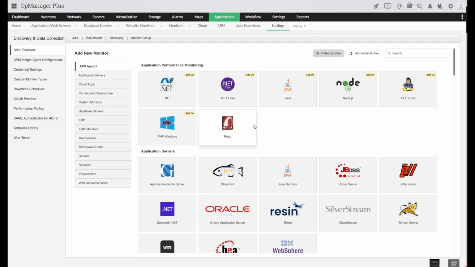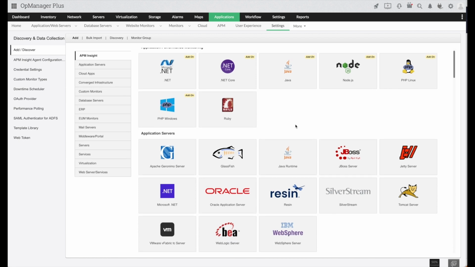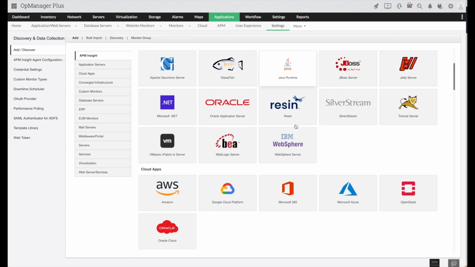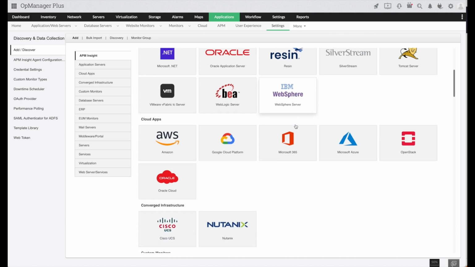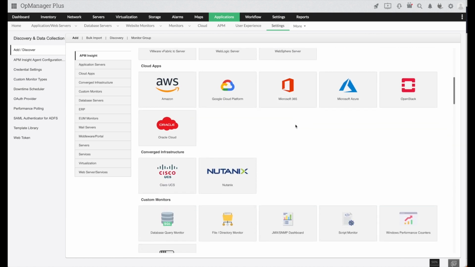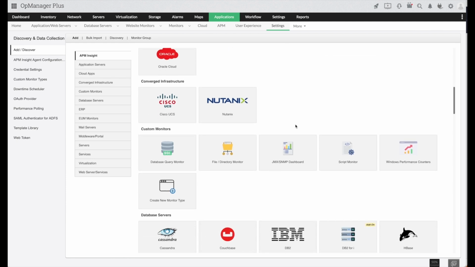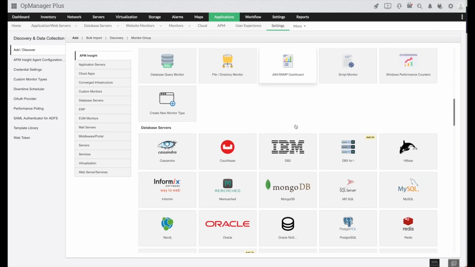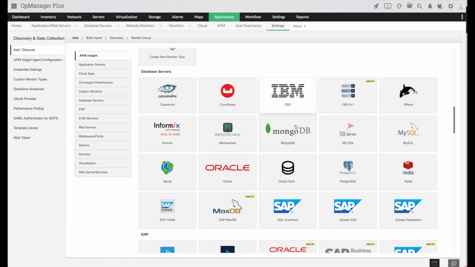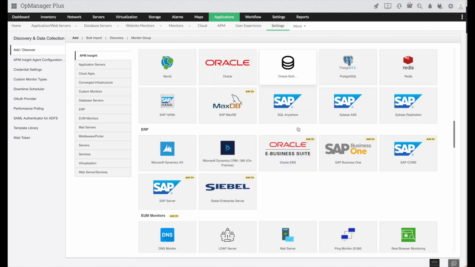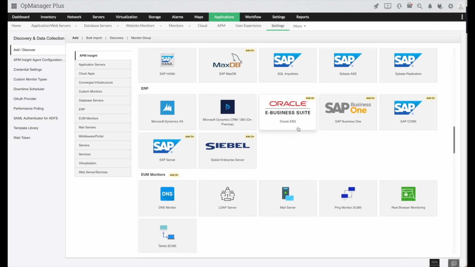So Applications Manager plugin can help you to monitor your applications like .NET, Java, Node.js, PHP applications, or application servers like your Glassfish, Tomcat servers, Oracle servers, WebLogic servers, your cloud applications like your Amazon, Google Cloud, Azure platforms, your converged infrastructure like your Nutanix, and you can also monitor your database servers starting from your Cassandra, MS SQL, MySQL,